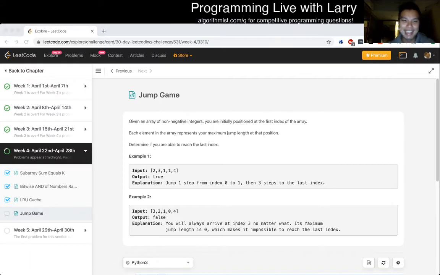Jump Game. Given an array of non-negative integers, you're initially positioned at the first index of the array. Each element of the array represents your maximum jump length at that position. Determine if you're able to reach the last index. Okay, so this seems pretty straightforward in the sense that